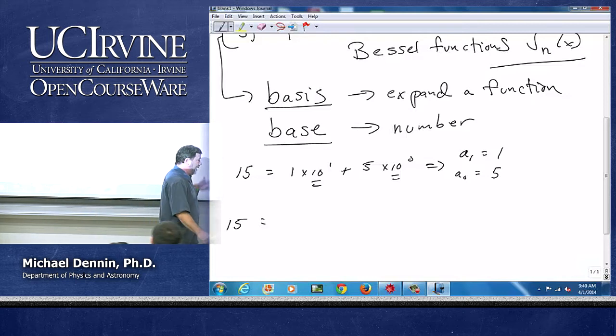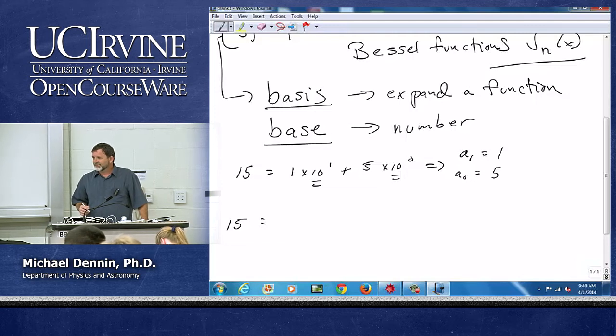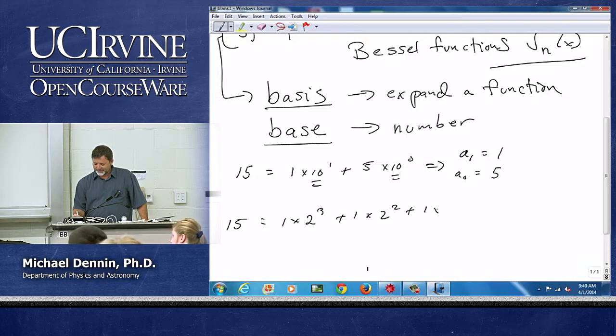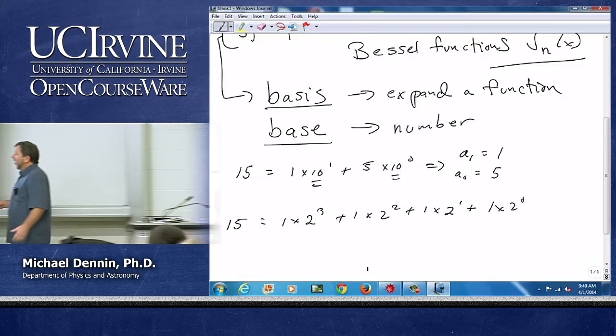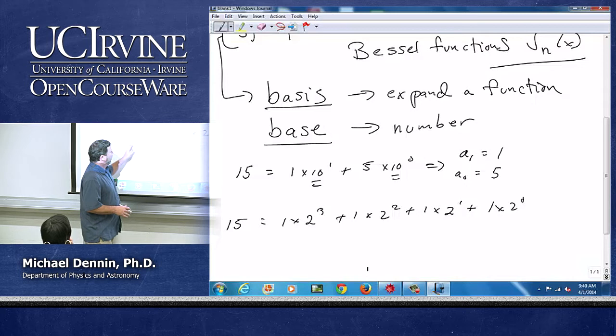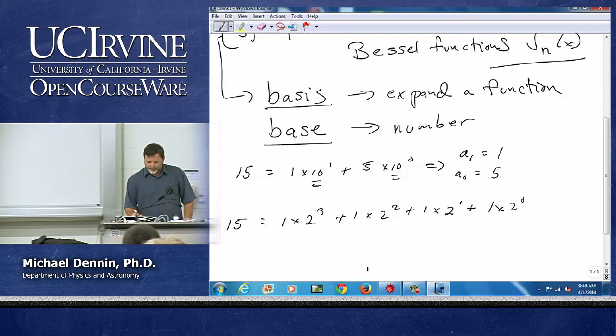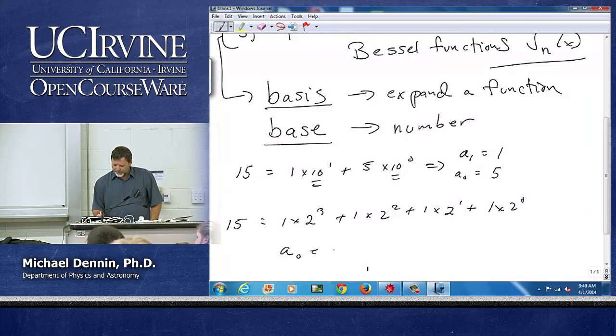So what does this look like in base 2? 1 times 2 cubed plus 1 times 2 squared plus 1 times 2 to the first plus 1 times 2 to the 0, right? We need to use everything that's powers of 2. And because we're doing base 2, our coefficients can only be 0 or 1. It's binary. So we've got all coefficients of 1 going from n equals 0 to 3. So I have a0 equals a1 equals a2 equals a3 equals 1. Same number,